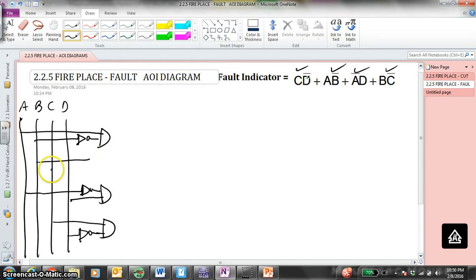B positive. C inverter. Now these triangles are inverters. B, C naught. I kind of went out of order. Hopefully you could follow where the inverters go. Then we need to OR all these. You need to OR all these ANDs. So this gets pulled into